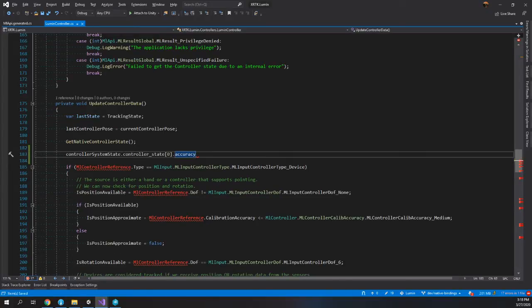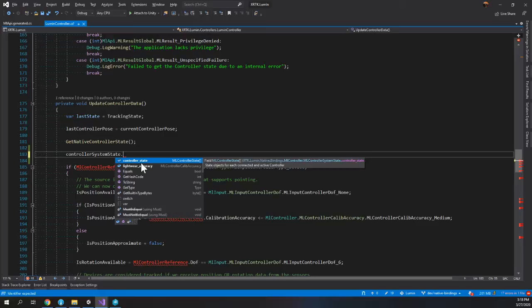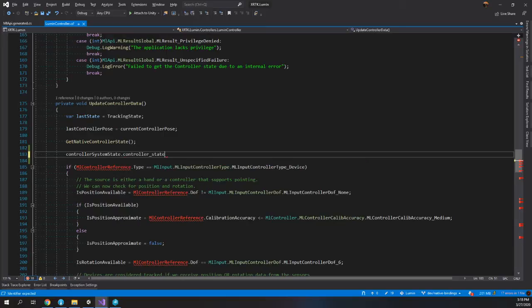Not only that, but we also need to know about the controller's degrees of freedom mode. That's interesting. Calibration accuracy for the lightware, that's not even for the controller, that's for the headset, I believe. I have a feeling there's a couple of different states, and each state is for each controller stream, I suppose. So if we take a look,